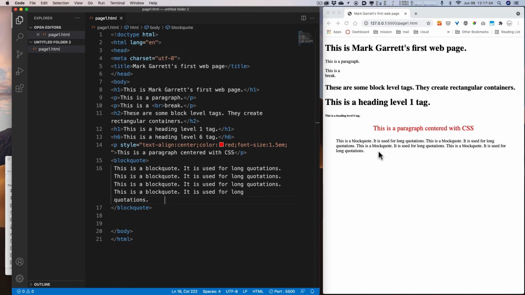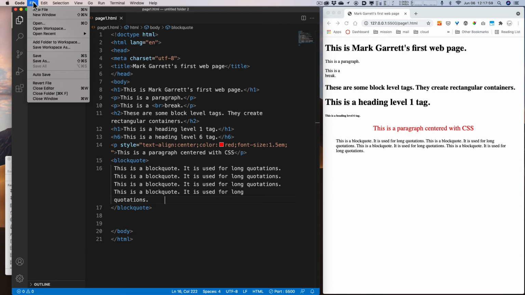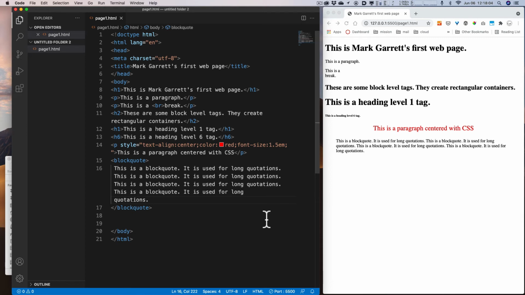So you could do it that way. You can save every time, and it'll refresh without having to go over here and click refresh like you would if it was truly not a server at all. You could open the file and just click refresh, and that would also work. But yeah, so that's the way that works in VS Code. One thing you can do to speed this up, since the downside is you do have to save, is go up to File and go to Auto Save. So now that I have Auto Save on, if I do type something in here,